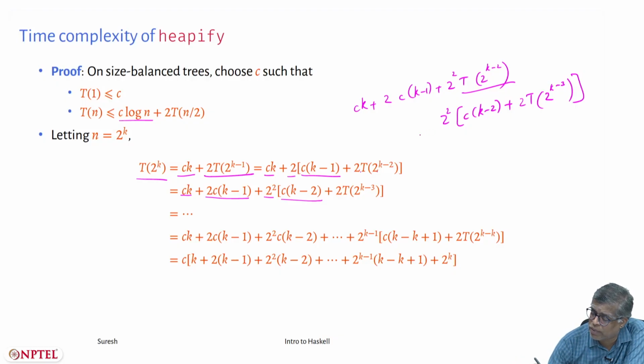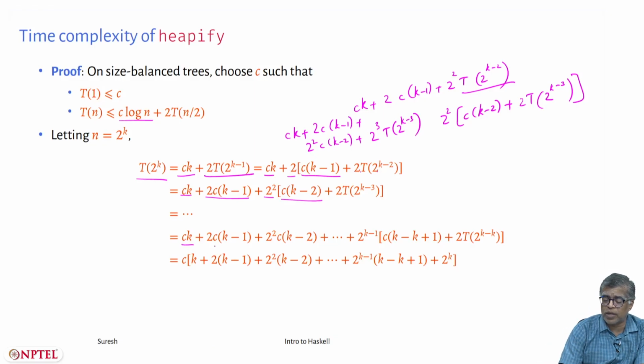What will be the pattern? It will be ck plus 2c(k-1) plus 2^2 c(k-2) plus 2^3 T(2^(k-3)). If you keep on going like this, it will be ck plus 2c(k-1) plus 2^2 c(k-2) plus 2^3 c(k-3) plus so on,